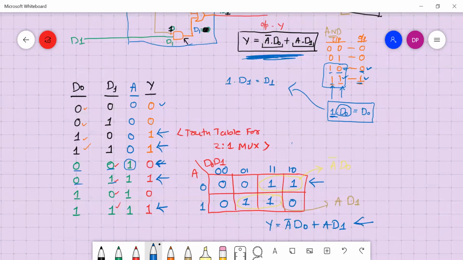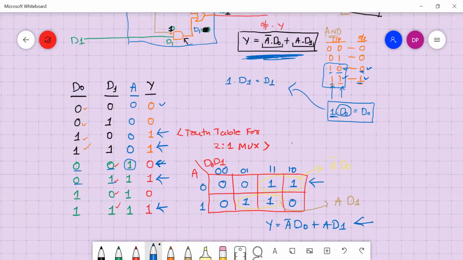So using the truth table also we get the same expression for the 2:1 mux. If you would like to design a 4:1 mux, then how to do that?